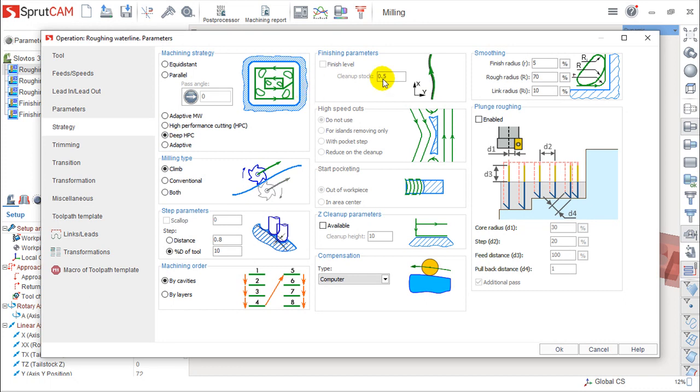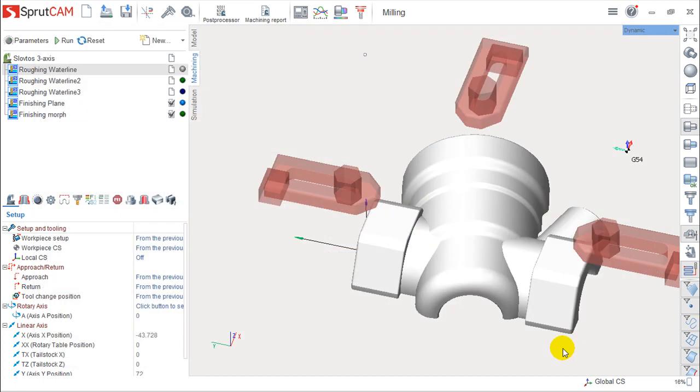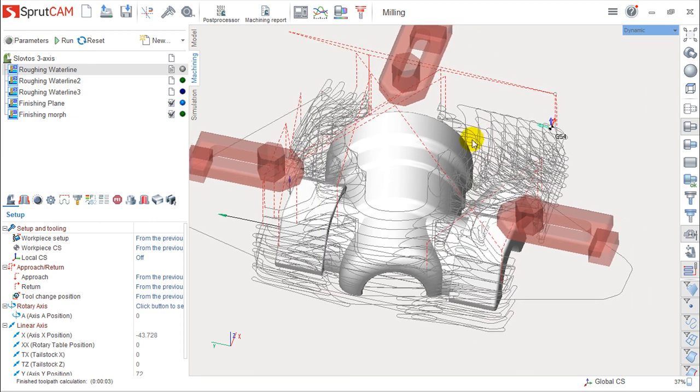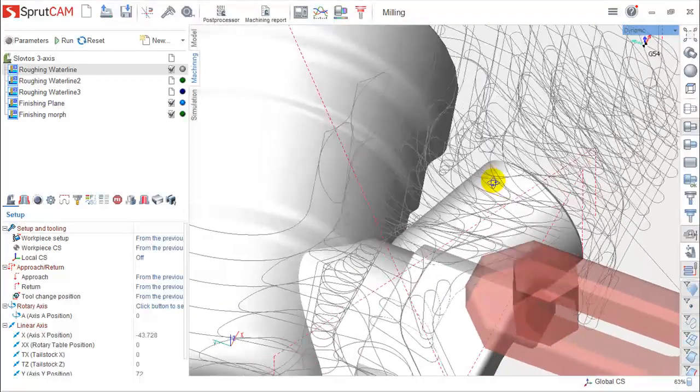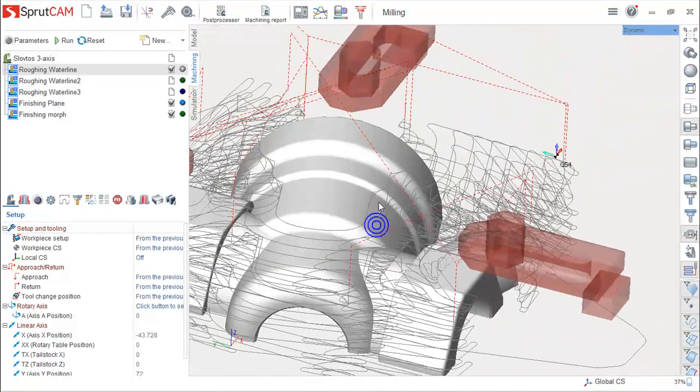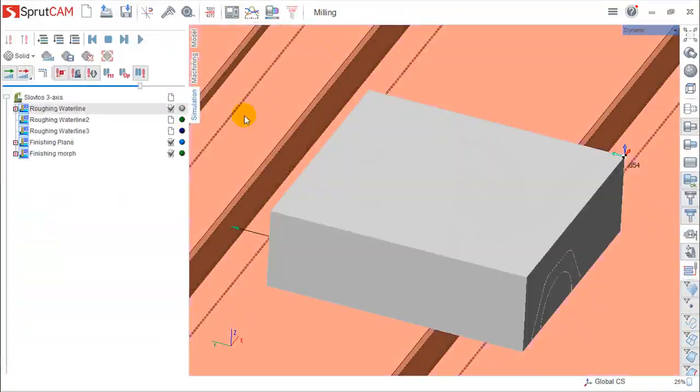And to end, this deep HPC, I will increase this distance a little. Okay, this is also a very interesting toolpath, a little more dense, but very nice in terms of the movements,